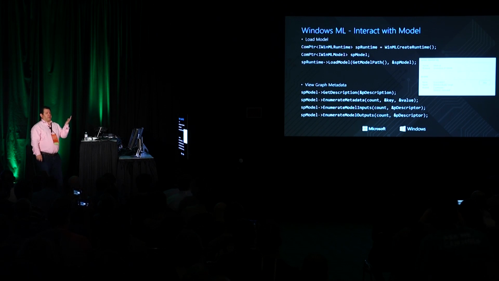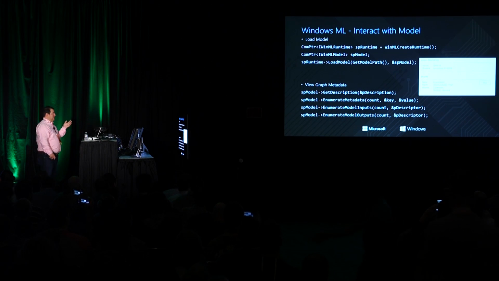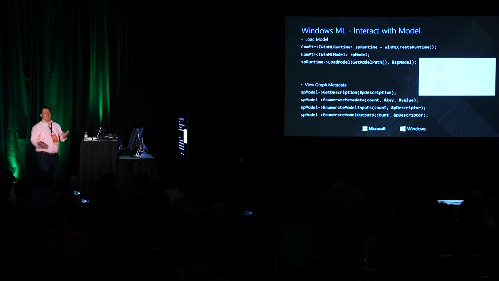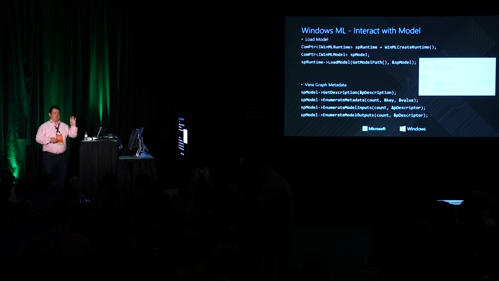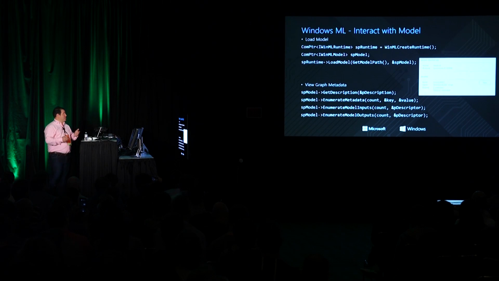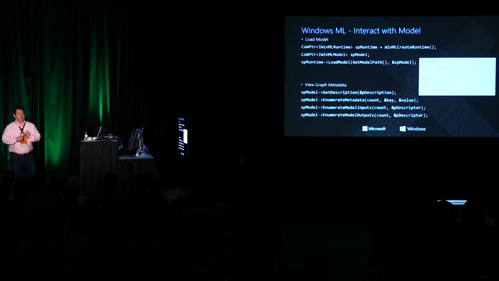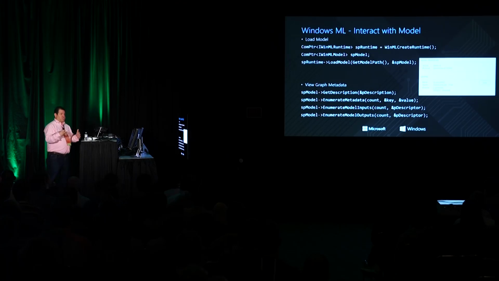If you load the model up into the runtime, we have a set of commands to view the metadata of the model itself. So you think about those bindings that you have to create that say, here's my input, it's an image, what's the format of the image? The format of the image in the case shown on the screen tells you how many channels of color are required. This is grayscale in MNIST, and how many pixels it's expecting. So those things define the shape of the inputs and outputs once I've loaded the system.